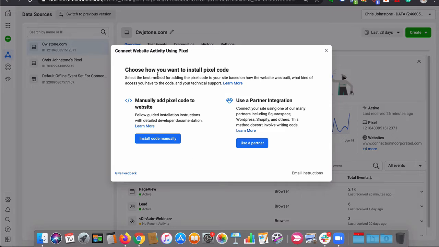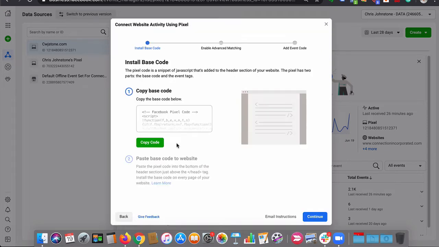It's going to say choose how you want to install your pixel code. What we're going to do is manually add pixel code to the website. You're going to click on that blue button that says Install Pixel Code, and then copy the base pixel code right there. Now, once you've copied this code, this little snippet of code goes into the header section of your